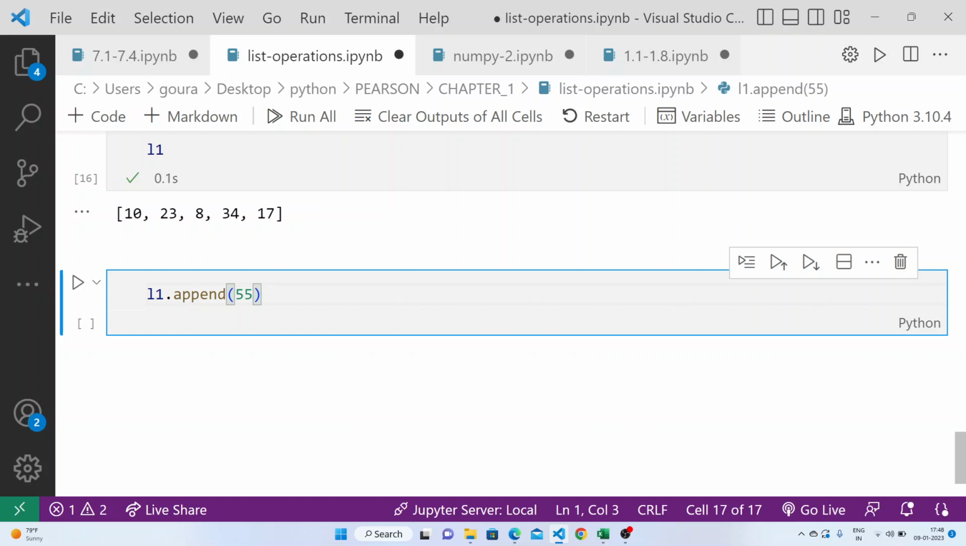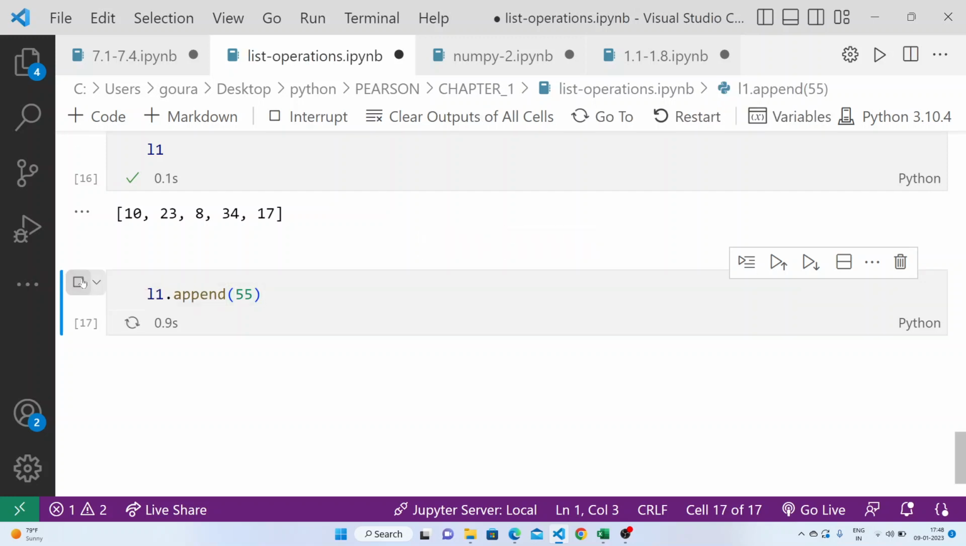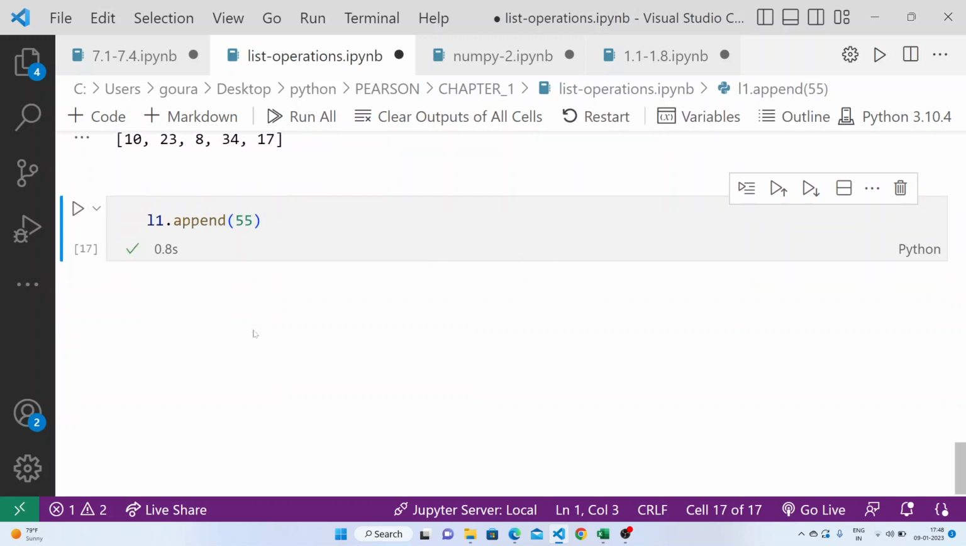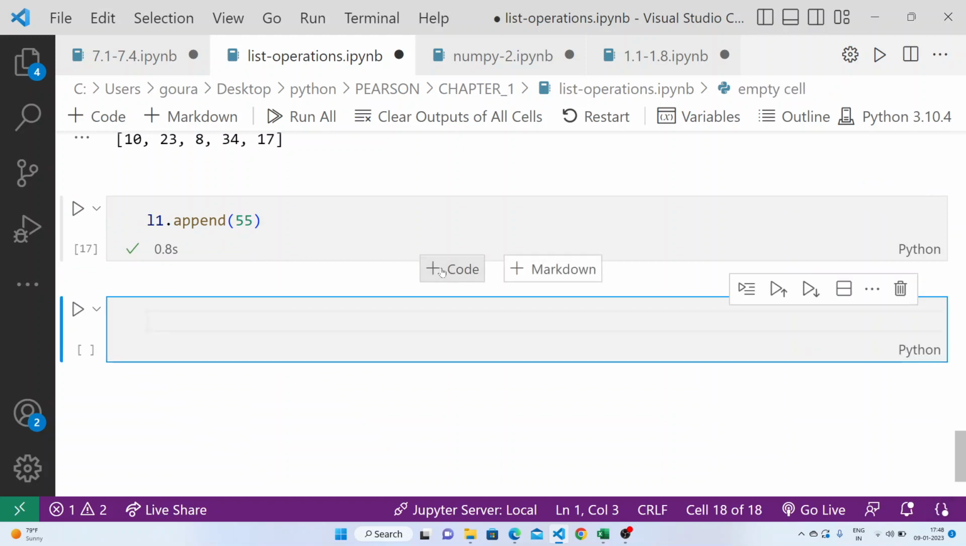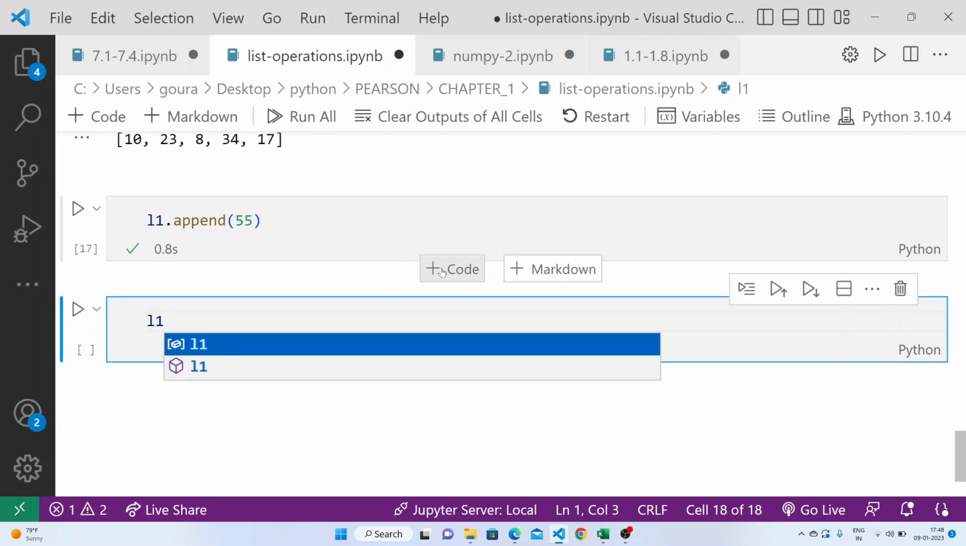This value 55 is going to get added at the end of the original list. We know what the original list is. The last element in the original list is 77. So this is the new value, 55, that I wanted to append to this original list. On execution of this statement, 55 is going to be added after 77. Now it is executed. Now if you wanted to see the contents of this list L1,